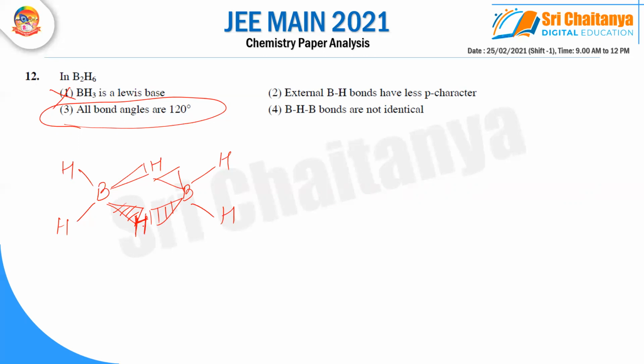Why have I shown it like this? Because these two hydrogens are above the plane and below the plane. Now this particular angle, let's say for example B, and this particular angle, let's say for example A. Now B is greater than A. Now we also know that percentage S character is directly proportional to bond angle. So here we have more S character. That means what? In these orbitals, the P character will be less. So that makes my answer 2.